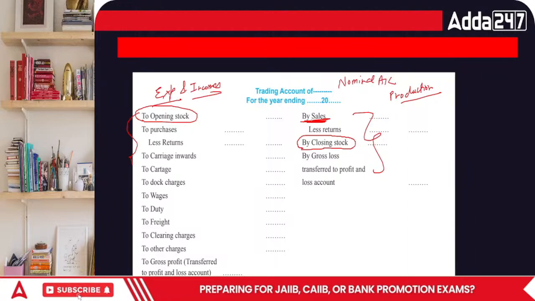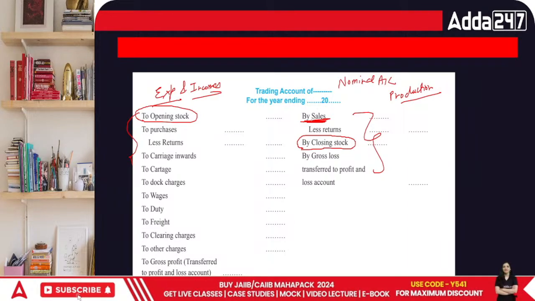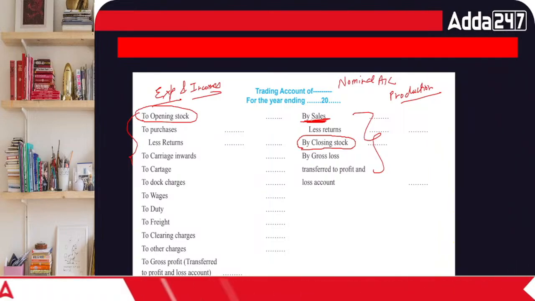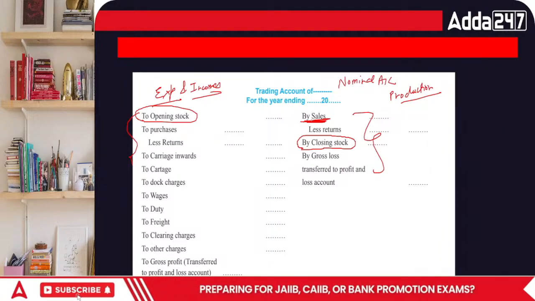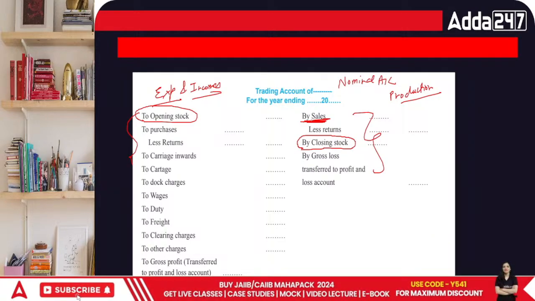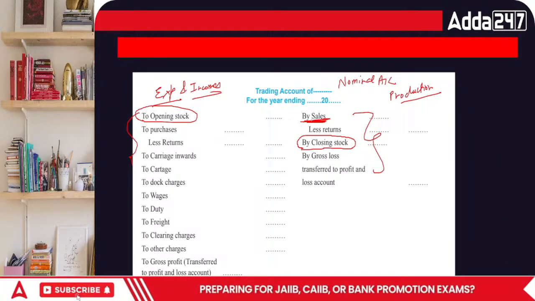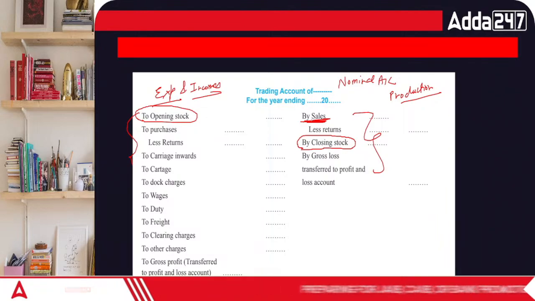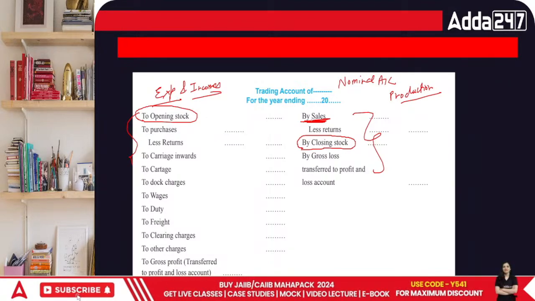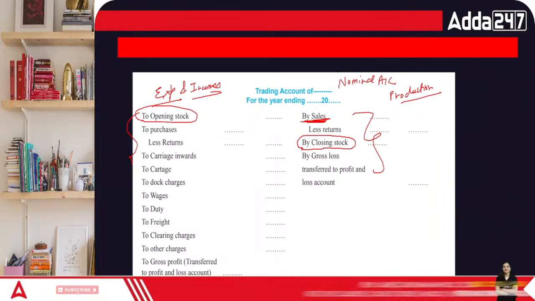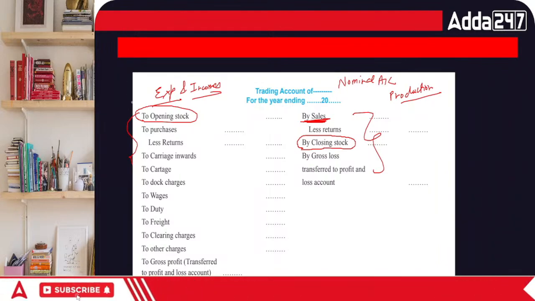Now this is all related to sales, but the point is, how do we sell things? We don't spend any penny? We have to, if we want to earn, we have to spend on earning that amount as well, isn't it? That's one of the basic realities of life, that first of all you have to do this. So in this case, first of all, it includes purchases, less returns,